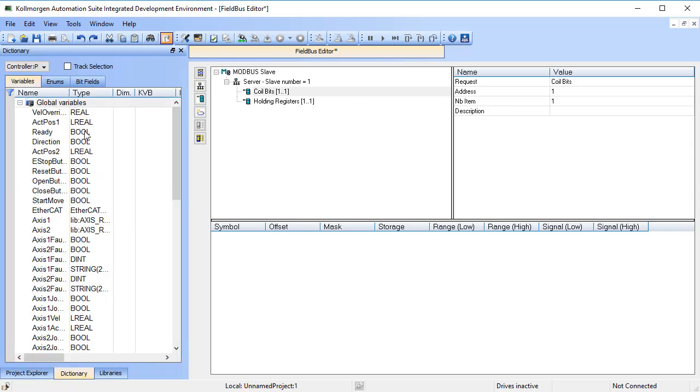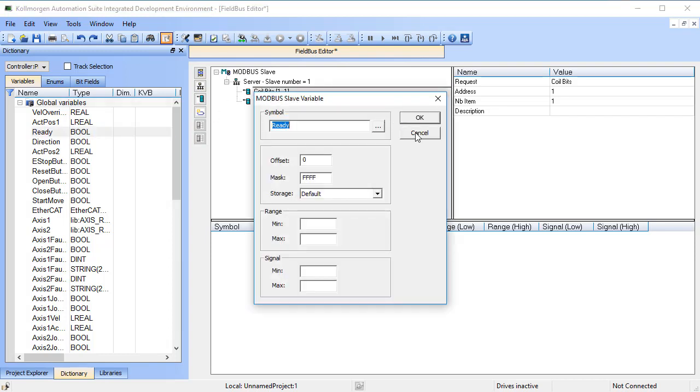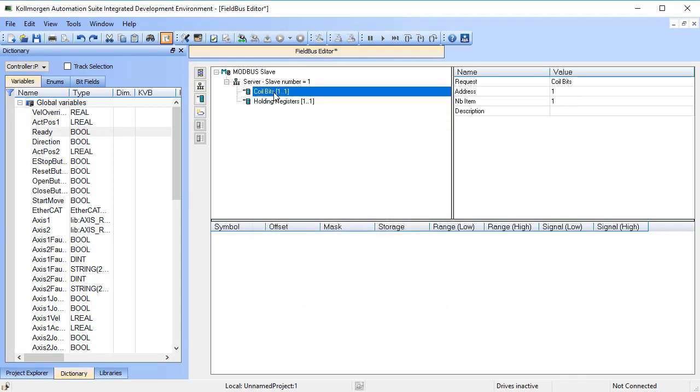So if I go to my dictionary, I already have a global variables section open. I can pick some Boolean variables and either drop them right to coil bits, and they will pre-fill in, or even easier, when I have coil bit section highlighted, I can drag down to the section below,